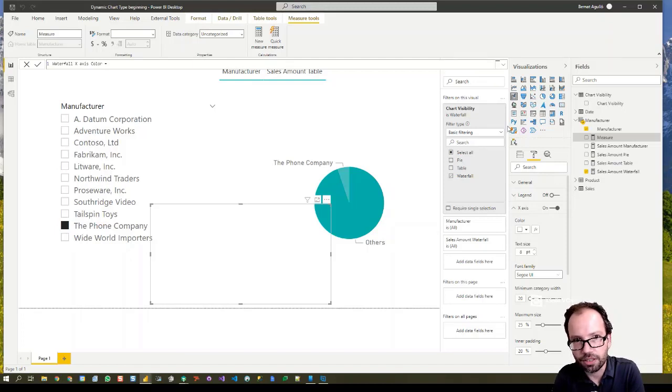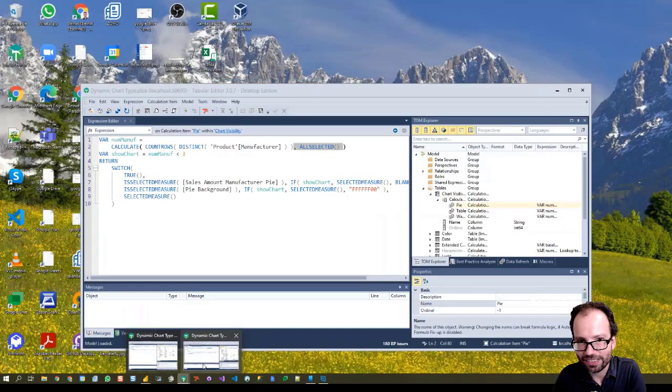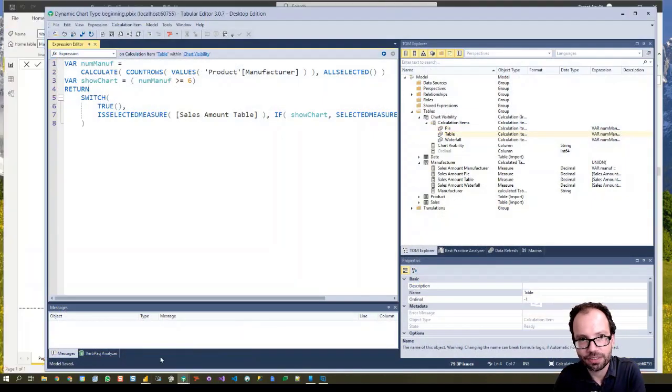And here, the only thing that is important is that it is a text, because if it's not a text, Power BI does not allow you to choose it as a conditional formatting measure. Okay. Anyway, now we go back to the one that we're building, and